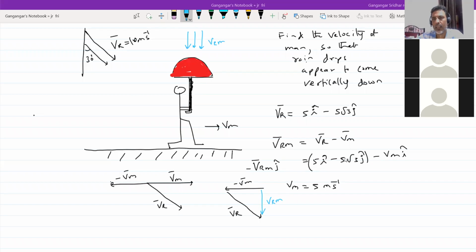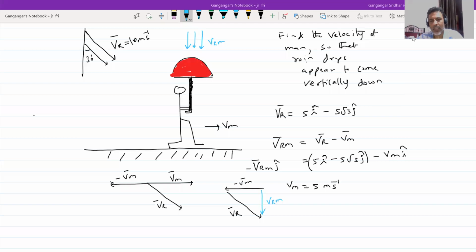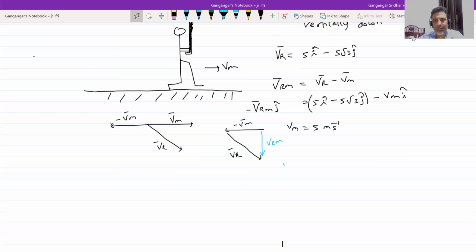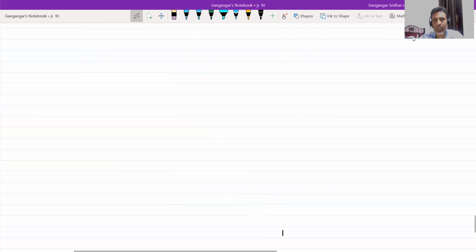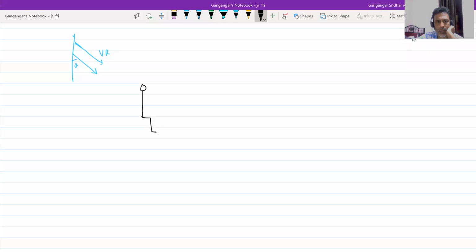Okay, this is one basic condition. We'll do one thing. If the person accelerates, what changes will it make? Let the rain come at an angle. Let the rain pour at an angle. We'll just discuss the equations. So how to manage here, because we are discussing only uniform velocity with the person.